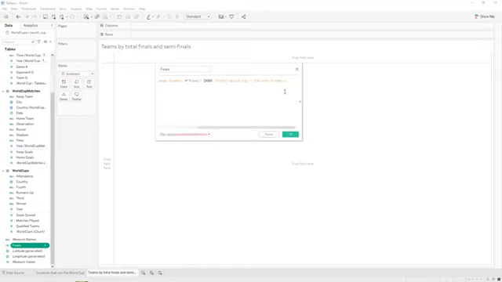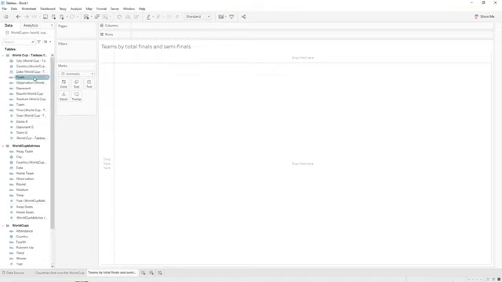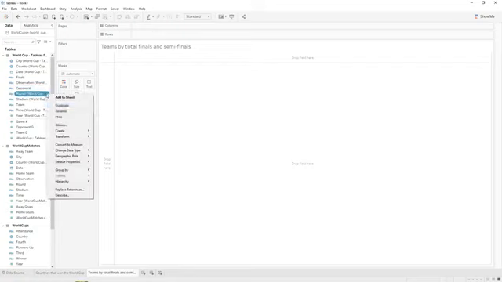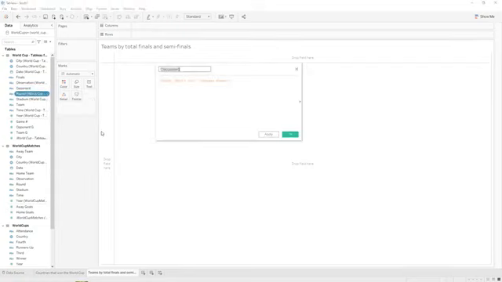Then okay, and we write end. So we copy this one, apply okay. As you can see here, it will appear in here. The next one, so we click on round, same thing, create calculated field, we name it semi-finals,